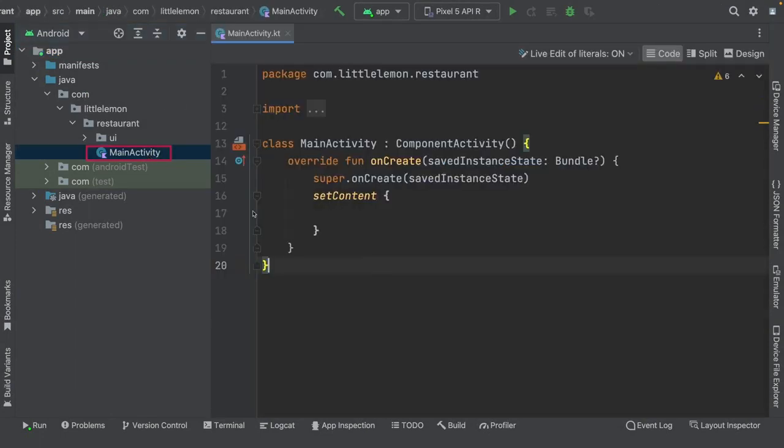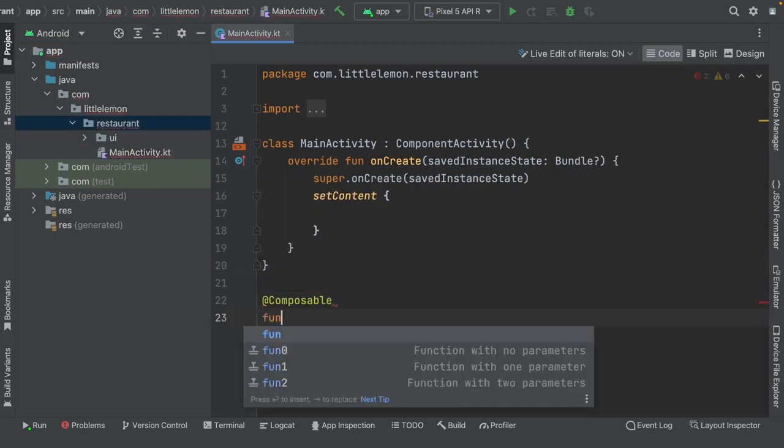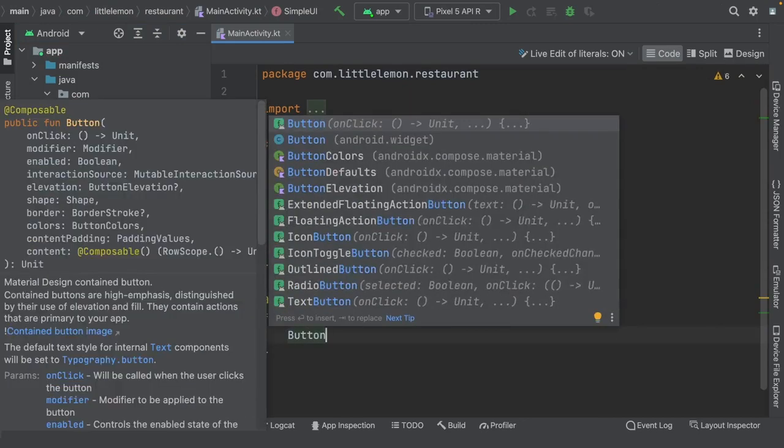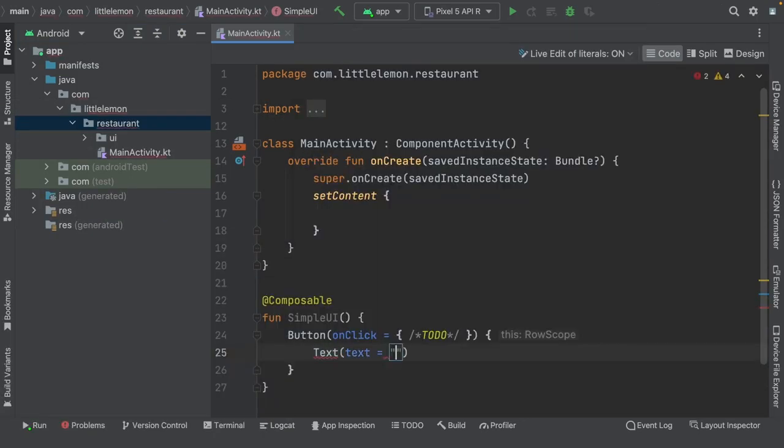Create a function called simpleUI, which is annotated by Composable. Inside the function, create a button. Inside the parentheses, you need to pass a function to the onClick argument. If you try to build a toast here, you'll find that you can't, as you need a reference to the activity the toast belongs to. So the solution is that you need to define a function as a parameter of the